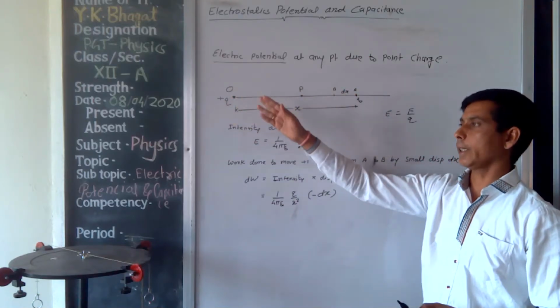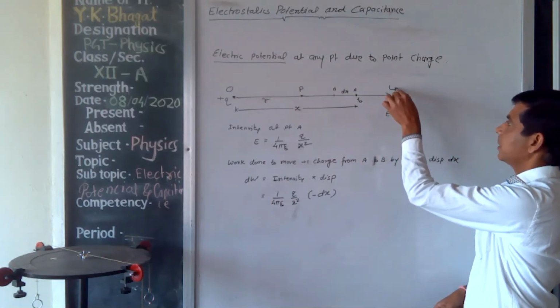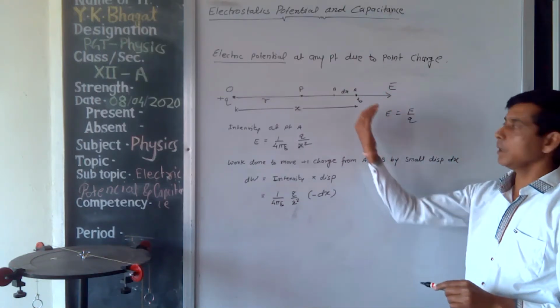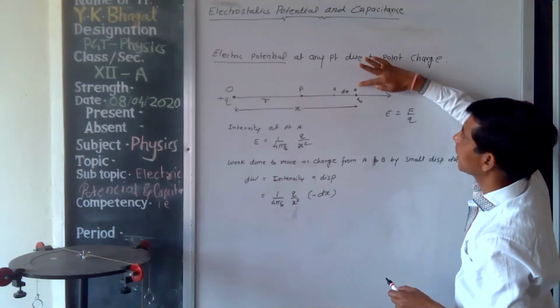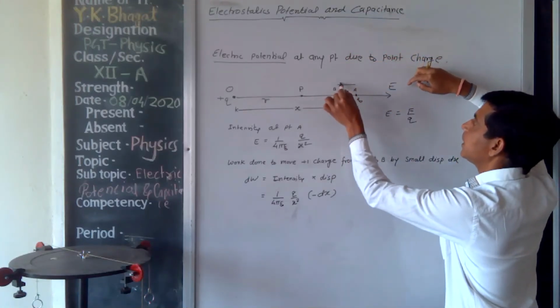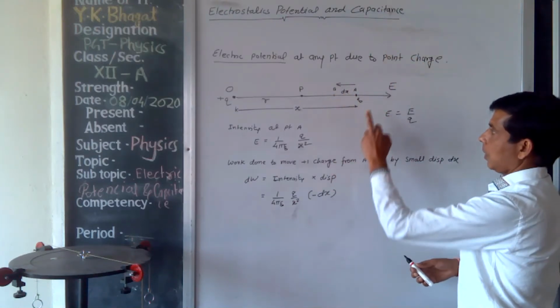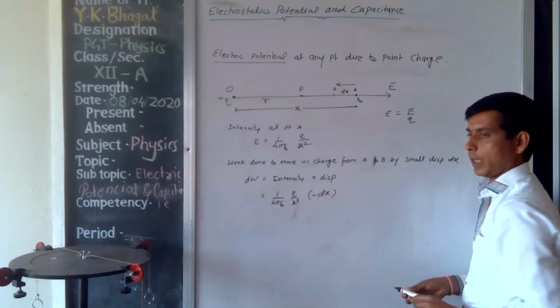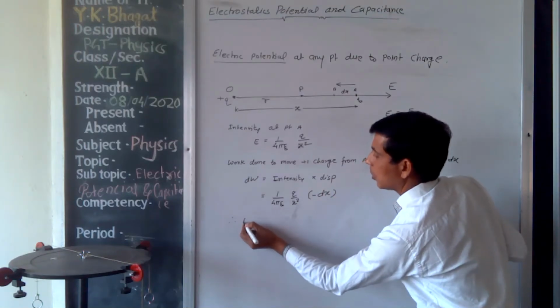We know that intensity is directed away from the positive charge. That means the direction of intensity will be away, and the displacement is from A to B. That means opposite direction. For opposite direction, a negative sign is to be taken. Therefore, total work done